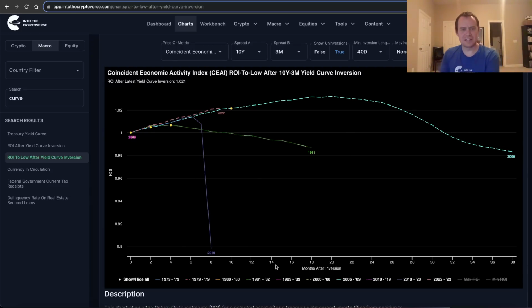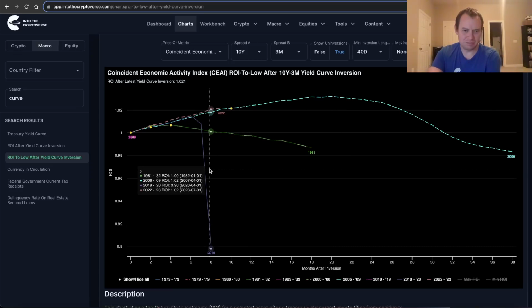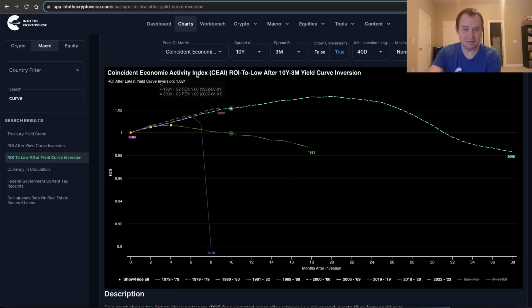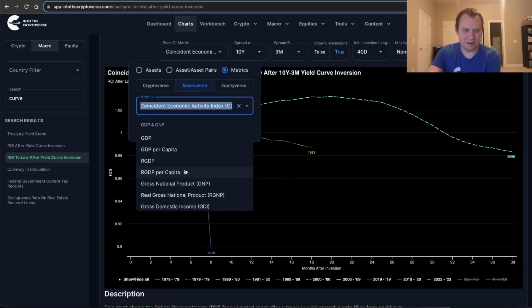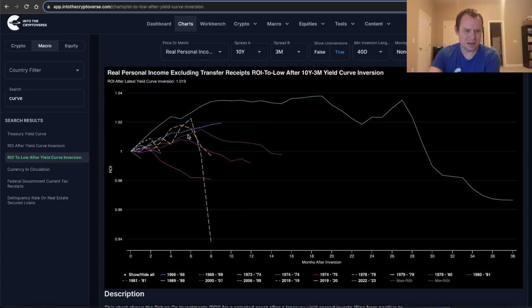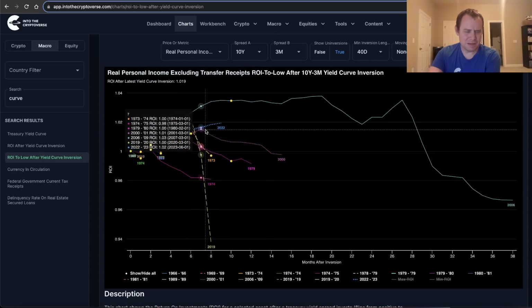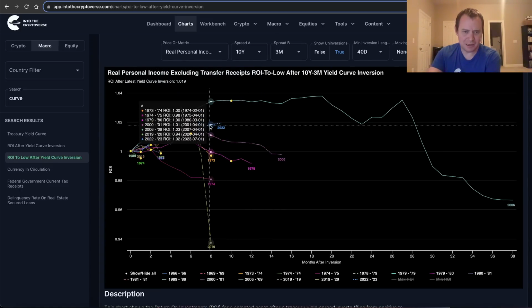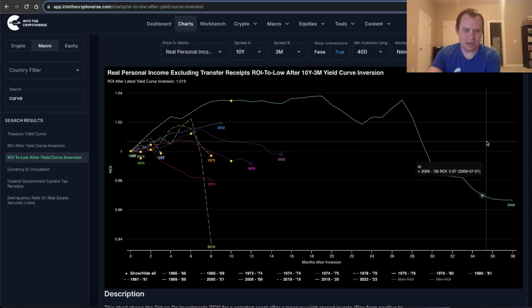So it's interesting, right? You can't look at it and say this time is different. This time is actually playing out exactly how one of the prior cycles played out on some metrics. And if you look through enough of these metrics, you'll find some that are more bullish than they previously have been. I believe maybe real personal income, excluding transfer receipts this time, is a bit higher than most of them, but it's actually coming in lower than the one that led into the financial crisis, right? So this blue line over here is 2022.